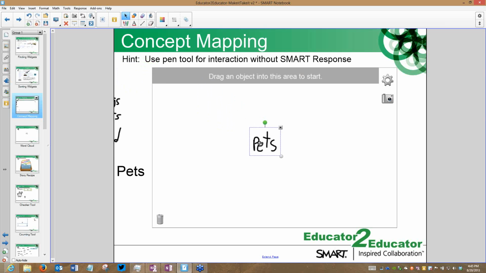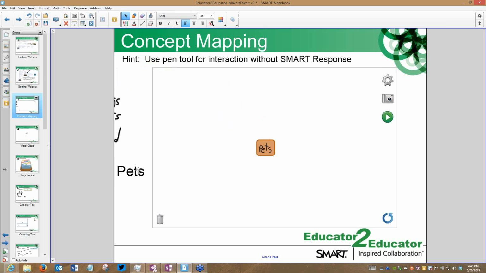Once you have your central topic, you drag it into the widget. It is automatically going to very quickly add your little concept bubble in the middle. Once you've done this, you will notice immediately a play button pops up on the right. The play button allows you to activate the Smart Response. So as long as you've got your Smart Response ready to go, you click that, it will start everything up, and if you're hooked up to VE, it will pop up the Smart Response VE code for the students to join in through the online.